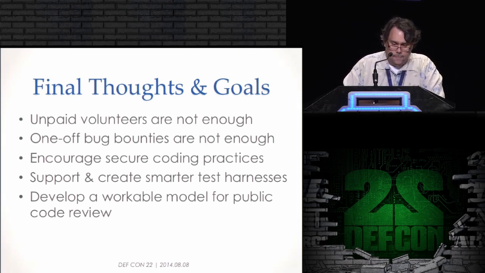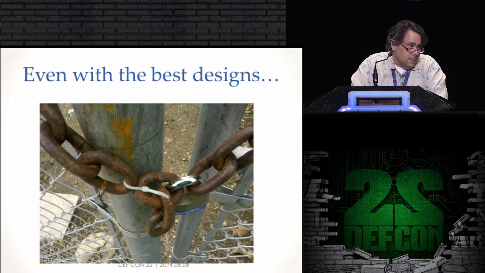They're not enough. What we really need, and what we've been working on, we're in talks with the Linux Foundation, the Core Infrastructure Initiative, as well as some other organizations, on really developing a working model for public code review, because this is important stuff, particularly in the crypto world, but security engineering broadly. Because even with a great chain,